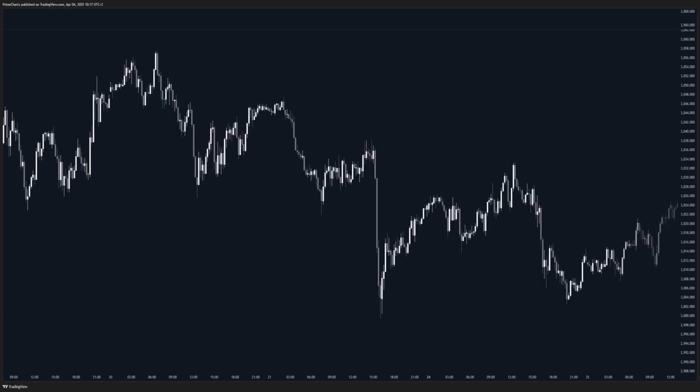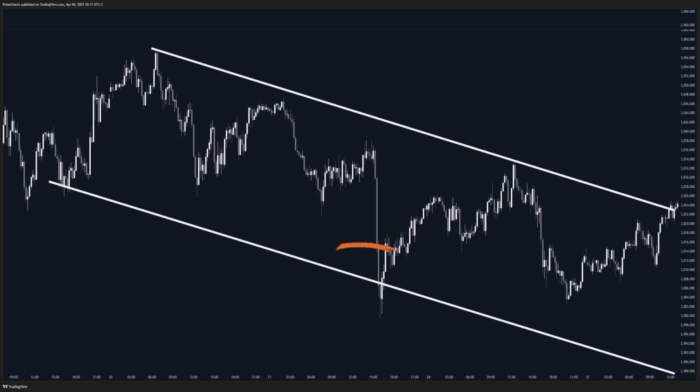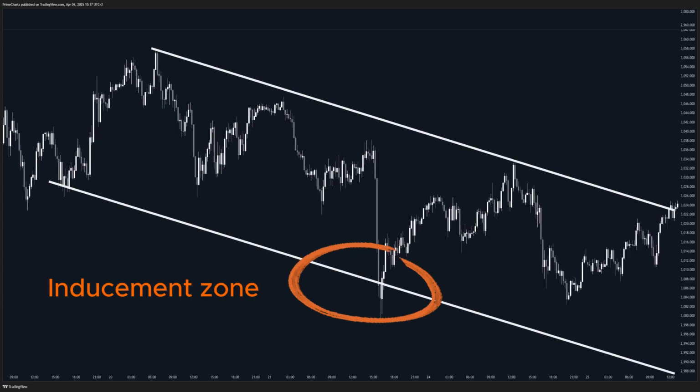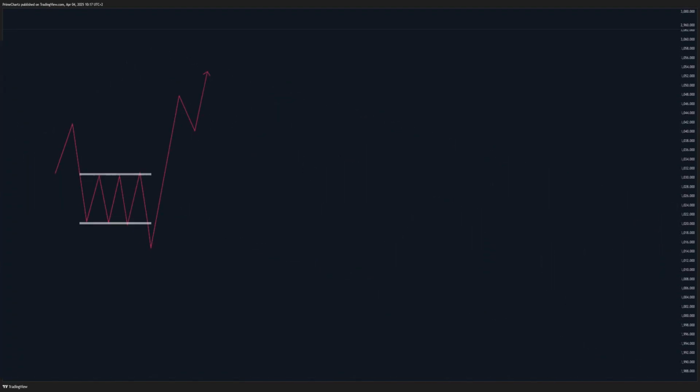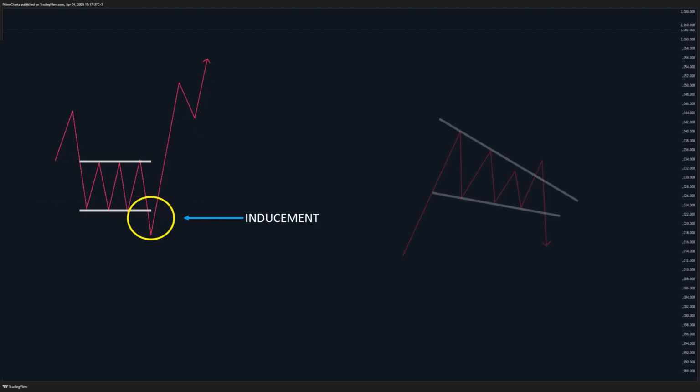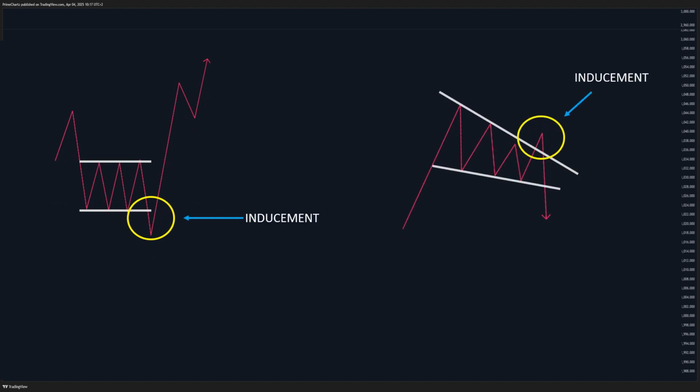Today, we're exposing one of the biggest traps in the market: inducement zones. These sneaky price levels are like bait, carefully placed by big institutions to lure retail traders into bad positions. If you've ever entered a trade only to watch price reverse right after, chances are you fell into one of